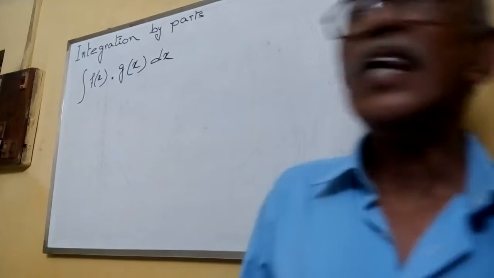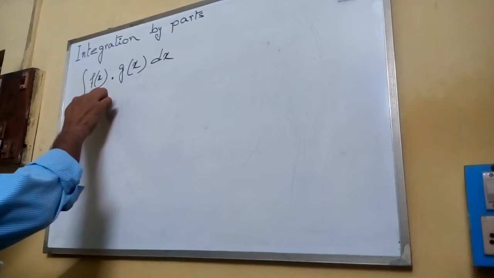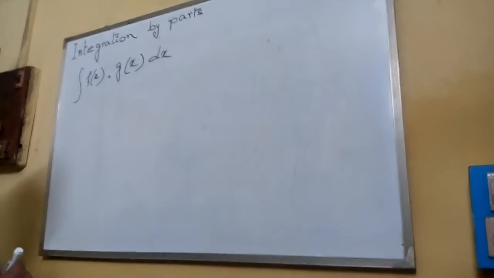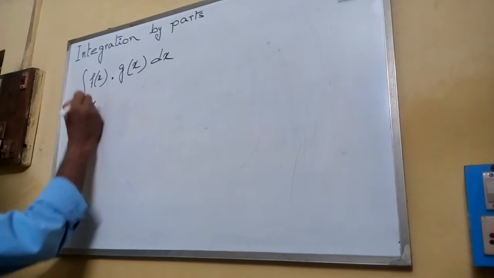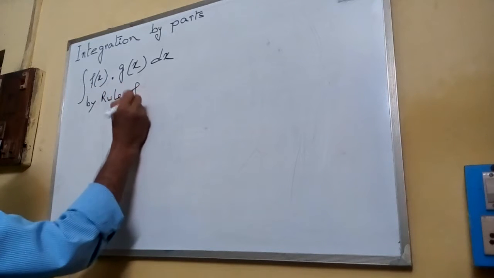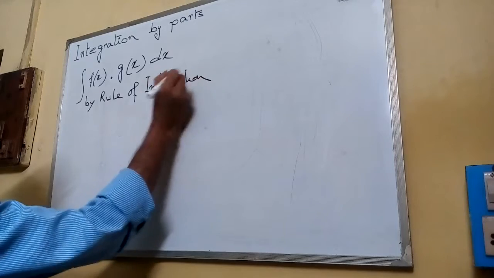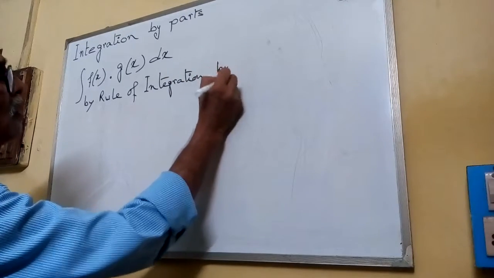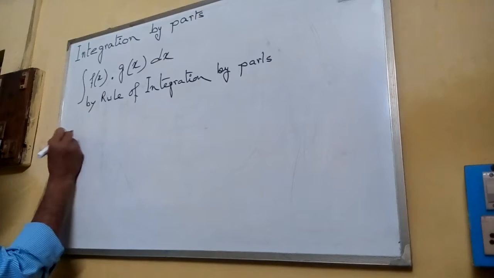What does it mean? Let us assume there is an integration of the product of f(x) and g(x) dx. This is equal to, according to this rule, we are saying, by the rule of integration by parts. What is that rule? According to that rule, this integration equals